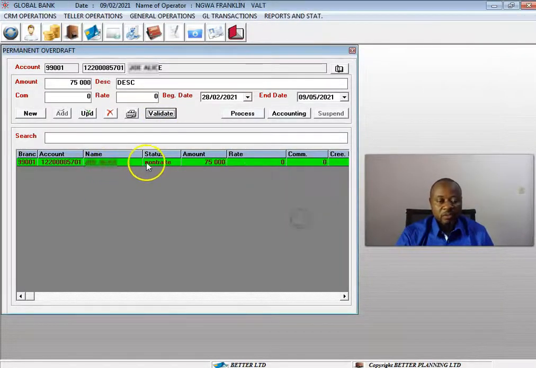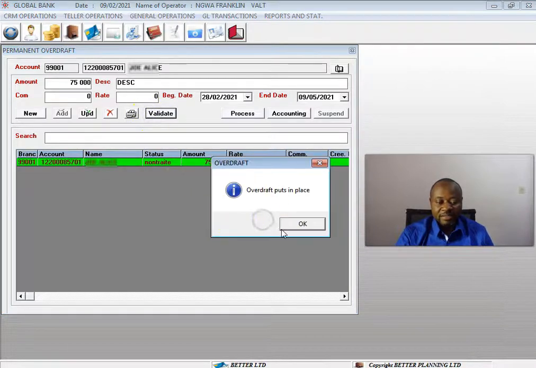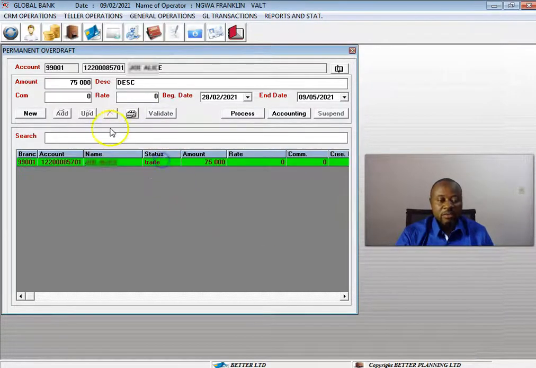Now, I want you to take note here. The delete and update commands are available because the transaction has not been validated. Once it is validated, these other buttons become disabled, so we cannot delete or modify an overdraft that has been validated and posted to the account of the user. Now we have this button which allows you to manually process